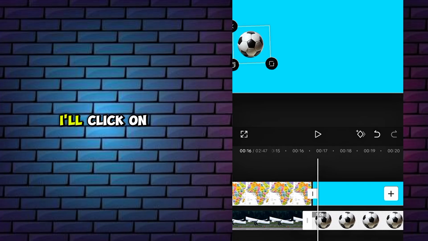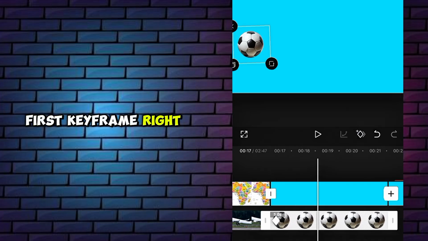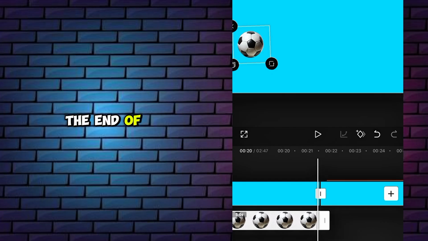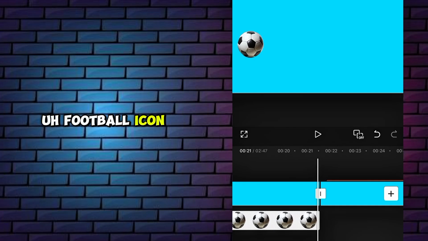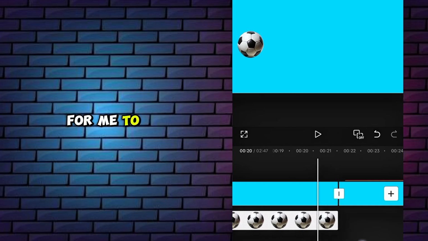Let's start afresh. I'll click on the image, move my playhead to the beginning. I'll add my first keyframe, right? Then I'll move the playhead to the end of this clip. Then I want to rotate this football. Okay, then after rotating it, I'll now drag it to the end, so it will appear as if the ball is rotating. So I'll click on this football icon,